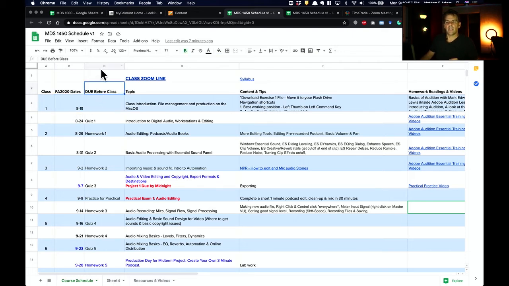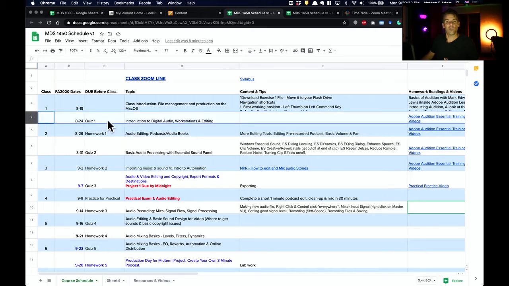The second column you see is what is due before class on the 19th. So, for example, what's due before class on the 19th of August? That's right. If you said nothing, there's nothing due. However, what's due before class on the 26th of August? Homework 1, which we'll talk about in that class, talking about what that looks like. Or what's due before class on the 24th of August? Quiz 1. So you can always see by looking in that column what is due before class or on class